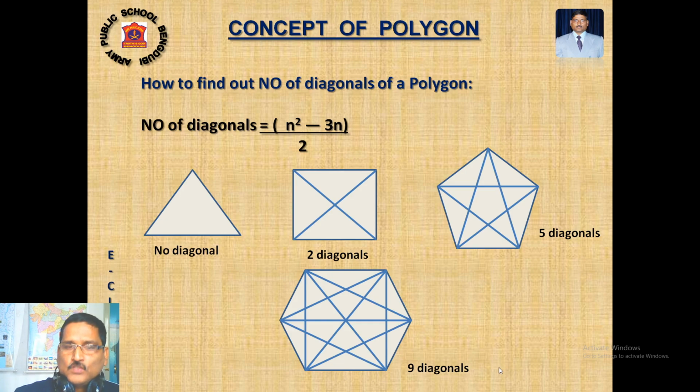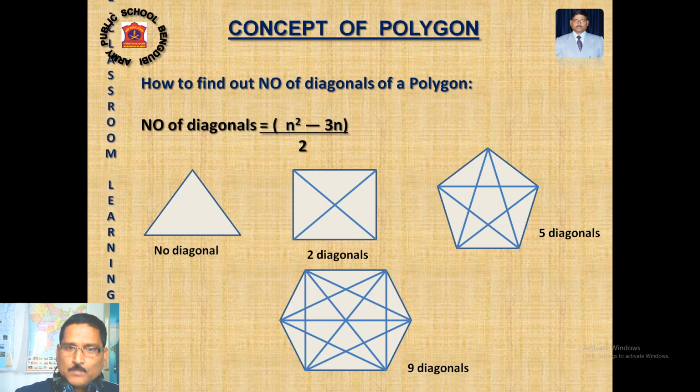Clear? Any doubt? So you can follow an activity also, the pen and paper method. You can find out the number of diagonals and you can follow the formula also. But in exam, if it is mentioned to draw the number of diagonals with the help of a diagram, you have to show your diagram, how you can draw it. Or simply, if it is an objective type question, find the number of diagonals of a heptagon, octagon, nonagon, decagon, you replace the n, n equals the number of sides. Okay, that will be the number of